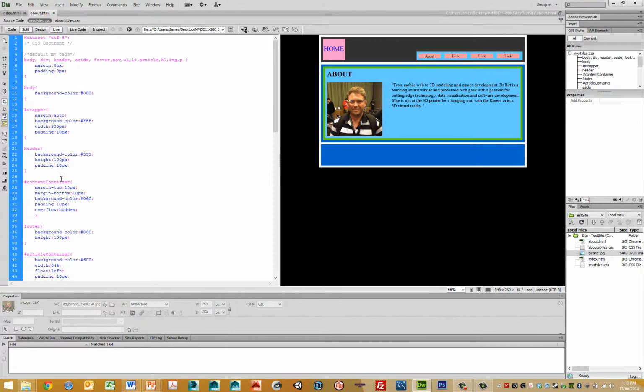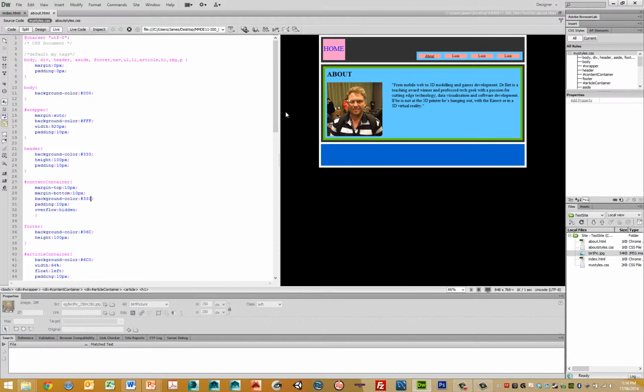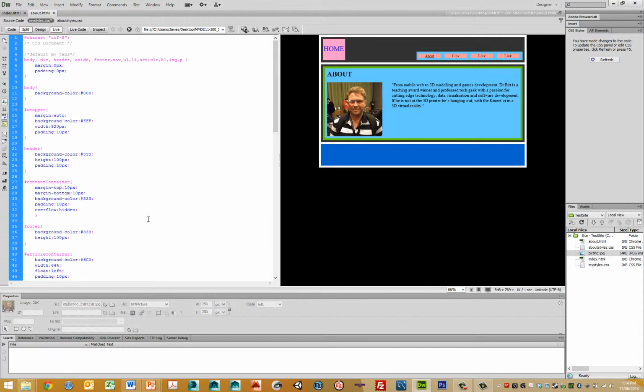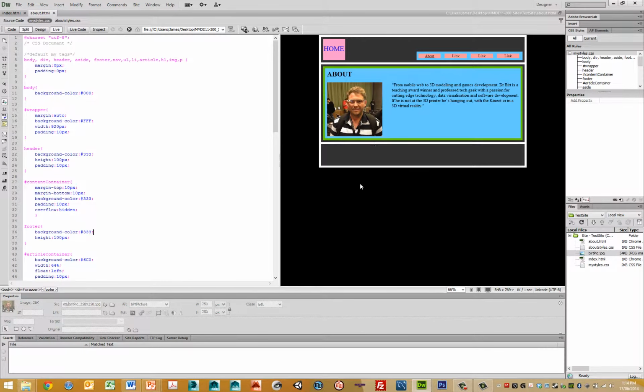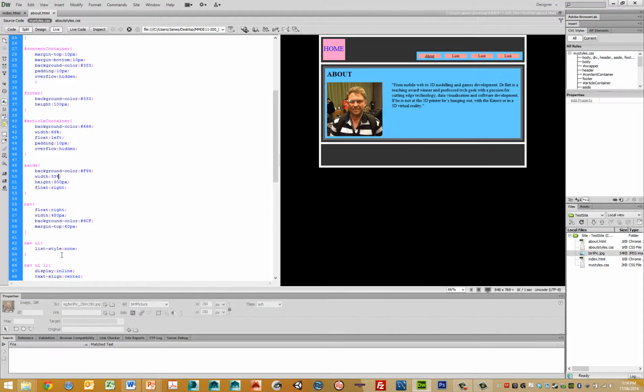So we go through. Our content container, we want to make it that sort of darker grey. What is that? It's a 333. Then the footer we want to set to that colour as well. So let's fill that colour. So we've now done that. Then we want to set our article container to more of a lighter grey, so let's say that one. Yep. And then we want to set our article itself to, I'm not going to worry about doing the sides